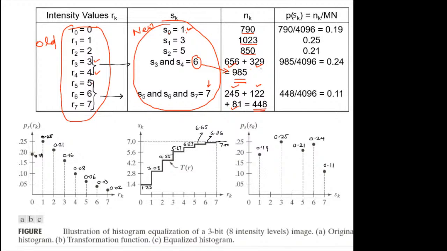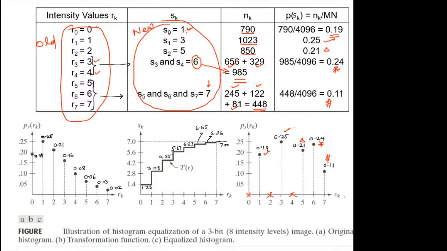समझ रहे हो ना, या कोई problem हो रही है बताओ? I am calculating the new intensity values and how many pixels are there at those intensity values, वो calculate कर रहा हूं यार मैं। और probability में तो कोई दिक्कत नहीं है, 4096 से divide कर दूंगा मैं हर चीज को। जो ये numbers आए 4096 तो probability आ जाएगी। तो अब अगर तुम देखो ध्यान से, 0 value पे कोई pixel नहीं है, 2 पे भी कोई नहीं है, 4 पे भी कोई नहीं है, 1 पे this is the probability 0.19 आ गई देखो। 3 के corresponding 0.25 ये वाली, 5 के corresponding 0.21 ये वाली, ठीक है ना। फिर ये वाली 0.24 ये रही, and let us say ये वाली value ये रही। बोलो,